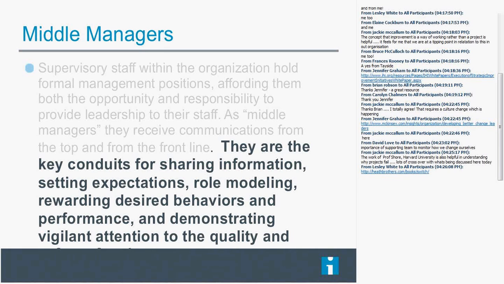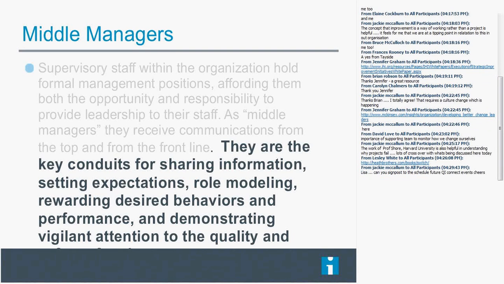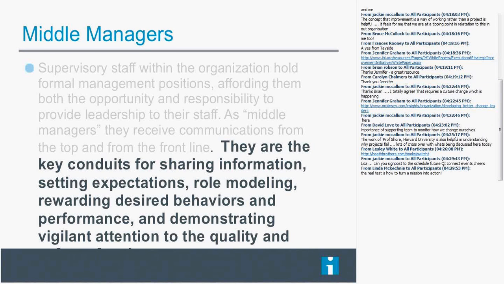And again, by middle managers, I want to be sure that we are saying not people at the C-suite office at the highest level, and not people who are delivering care directly, but the people who are responsible and have other people report to them. They are so necessary because they are the conduits. They're the people that need to translate what the senior leaders are saying in an organization to the people at the front line. What does it mean when we want to say we want to reduce mortality?